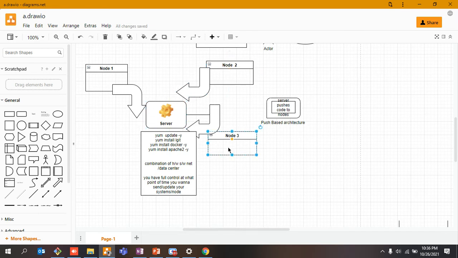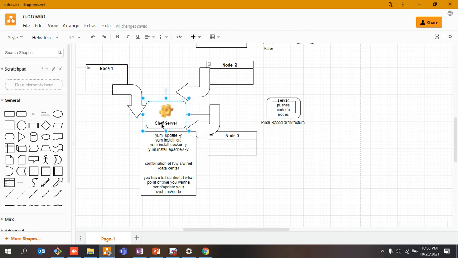So if your computer systems start asking the server for the latest update, your life would be very much easy, right? And this pull based architecture is basically what Chef is all about. Chef follows pull based architecture, and other tools like Ansible really follow push based architecture.